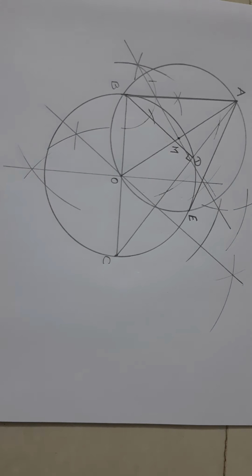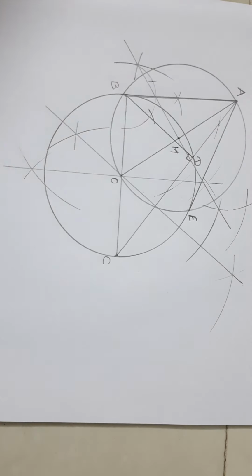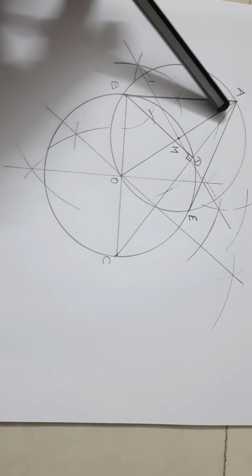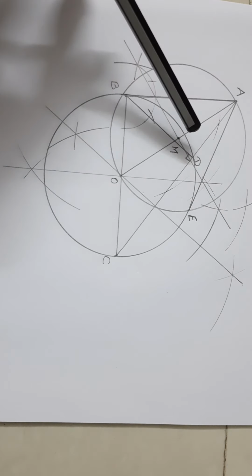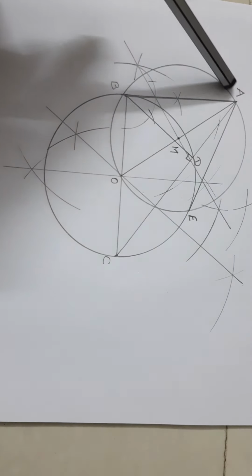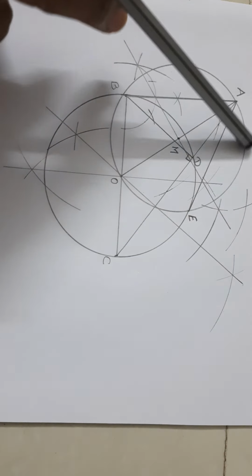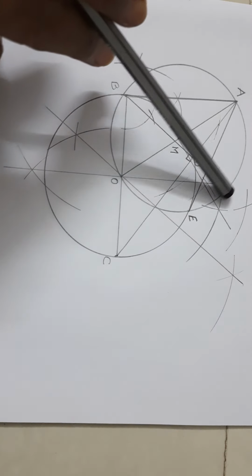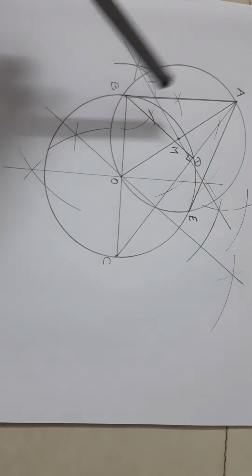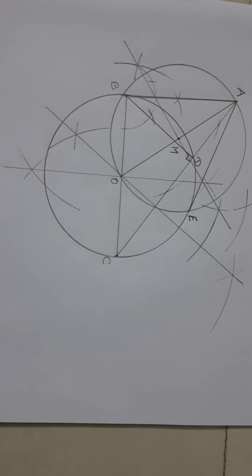After that, because we wanted tangents from A to this circle through BCD, we joined center O with A. We constructed the perpendicular bisector of OA. After constructing the perpendicular bisector of OA, we got midpoint M. Through M we have drawn a circle. And that circle intersects the circle through BCD in 2 points. One point is B, the other point is E. So AB is one tangent, AE is another tangent. This is how this construction is done.